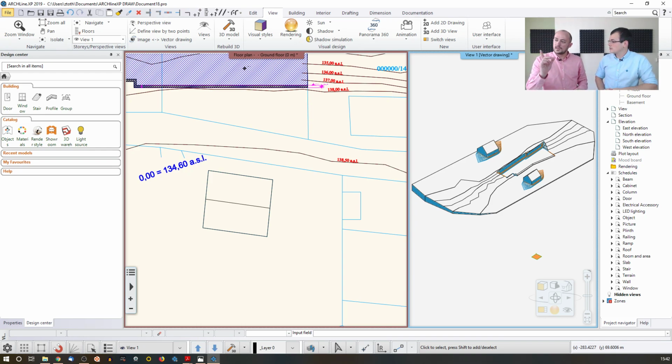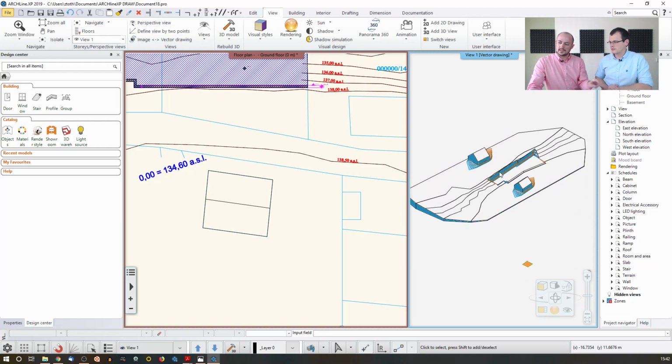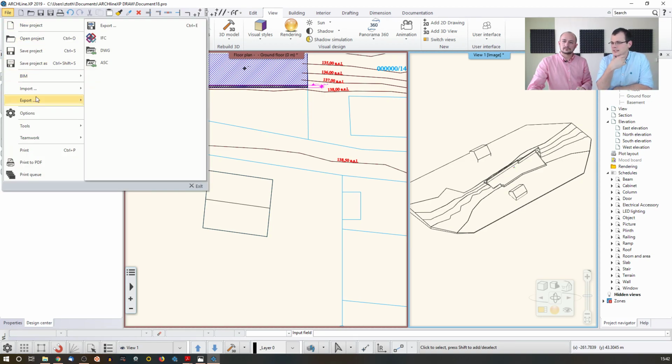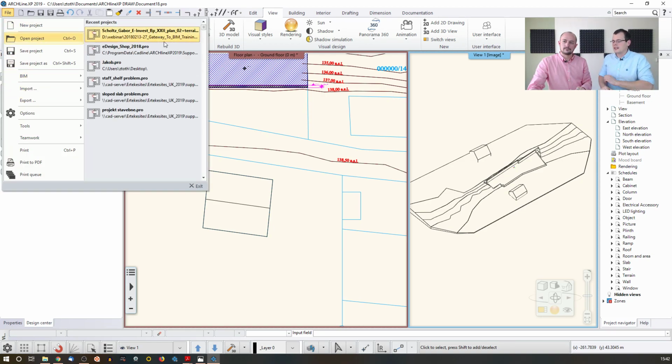Yeah, before we do that, let me just mention, because we talked about the change of the drawing. So now it's a vector drawing, as you can see. So you won't be able to rotate it like this, because it's a drawing. But at any time you can go back and switch it back to the image view, which was where I left off, and then I can just go back and forth between the two representations. That's the switch, that's the way back. So now let's load up the next phase of this project,